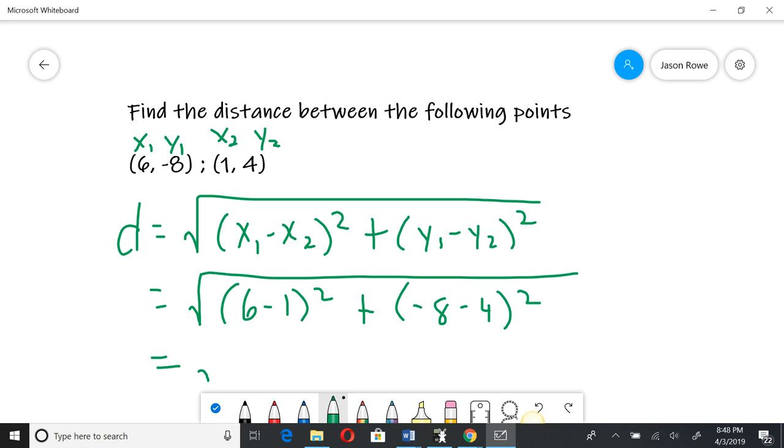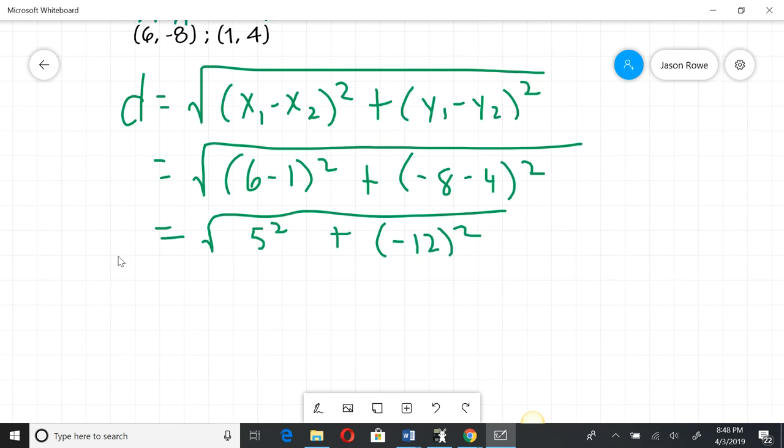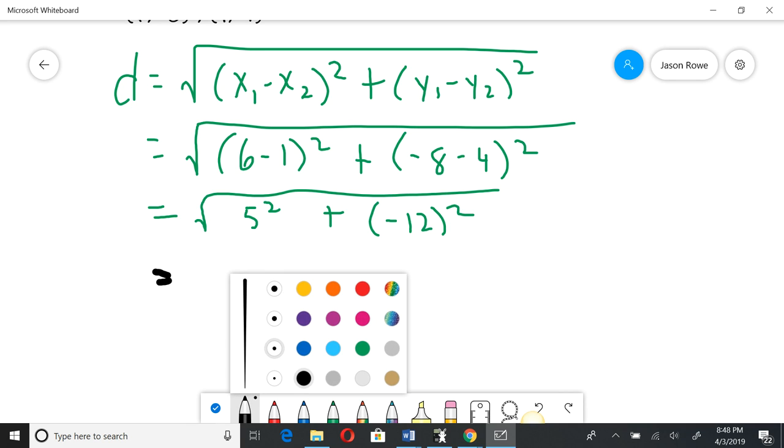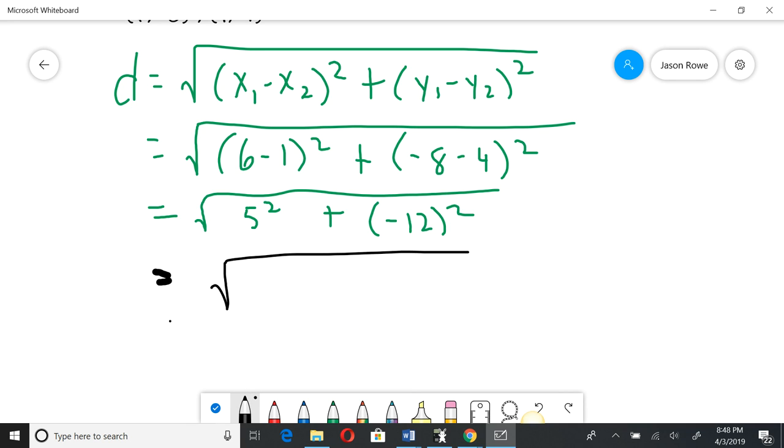6 minus 1 is 5, so that's 5 squared, plus -8 minus 4 is -12 squared. Keep simplifying. So we've got the square root of 5 squared, which is 25, plus (-12) squared, which is 144. And that's going to equal the square root of 169,